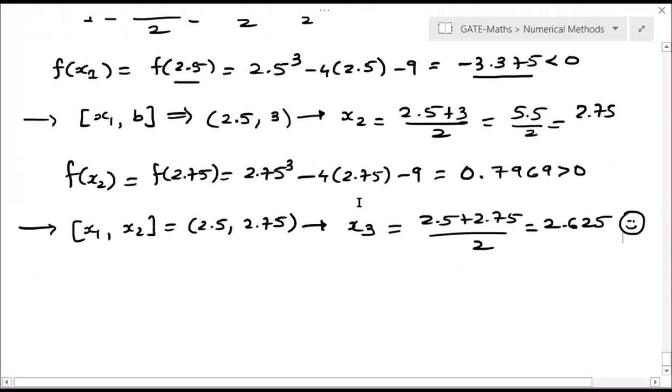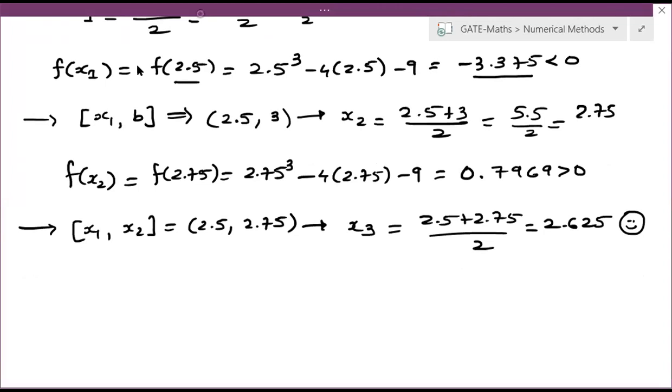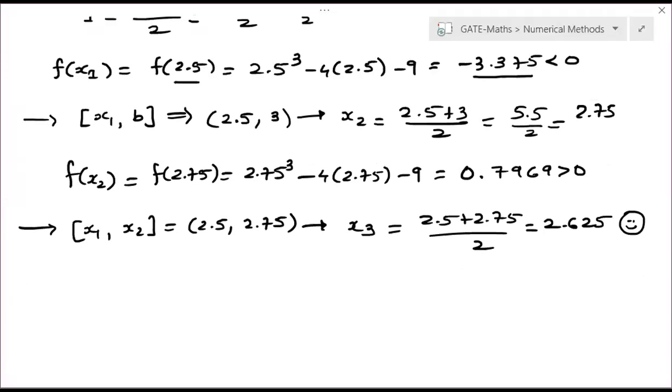So it is a very easy method, right? The bisection method, it is very easy. You can expect all similar questions. Okay. Now, let me give you one question which was asked in one of your IIT interviews.